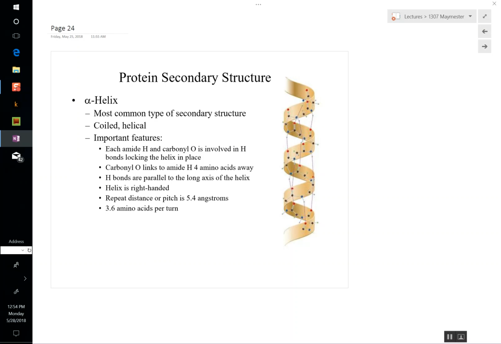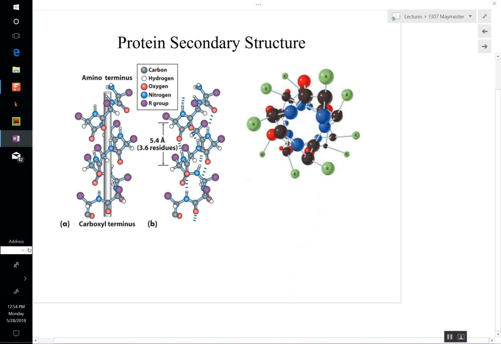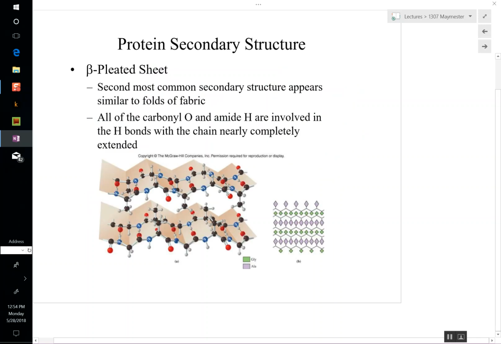And similarly, you can get, so this is just kind of looking at it. If you look down that helical structure, you get the R groups flaring out there. They're not involved. They're just flaring out, and you've got this hydrogen bonding going up and down through this cylinder, this helical staircase. Beta pleated sheet is where, think of the protein as a spaghetti, and it's weaving, and now